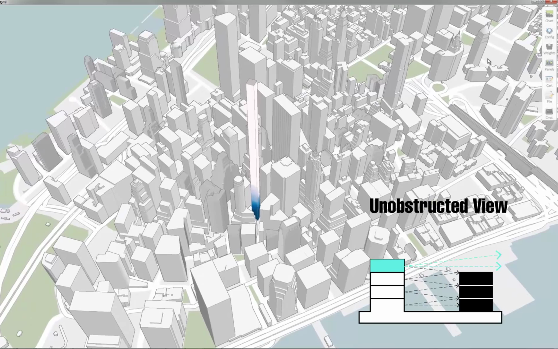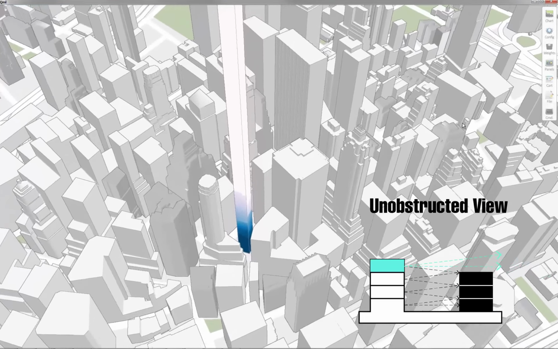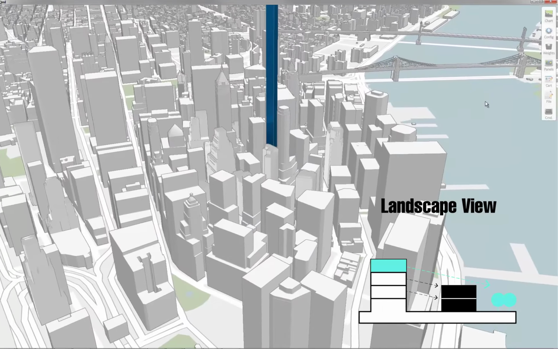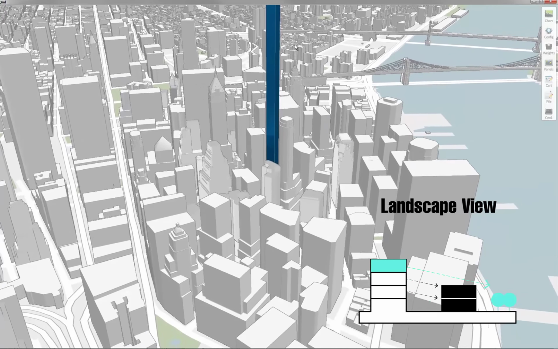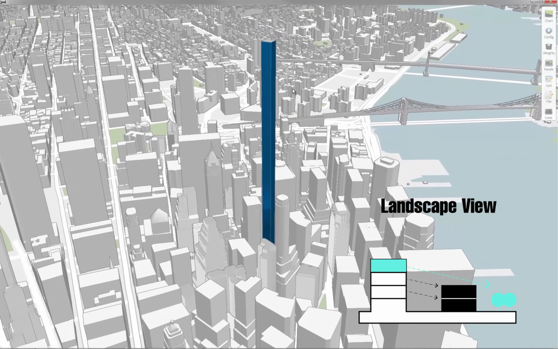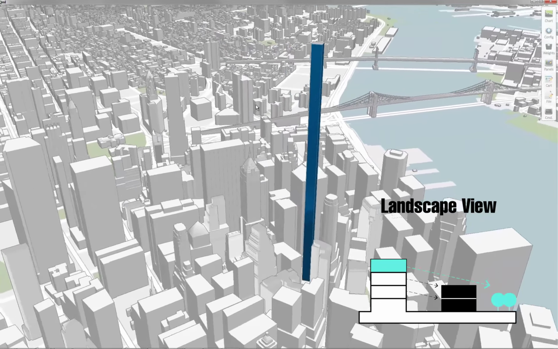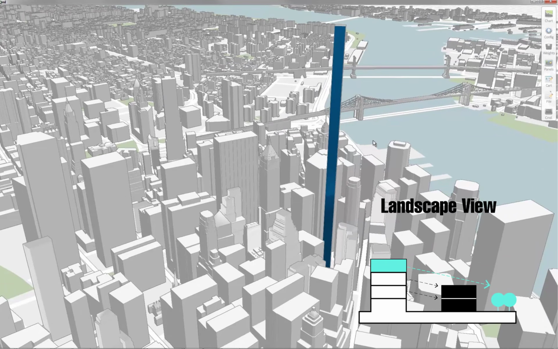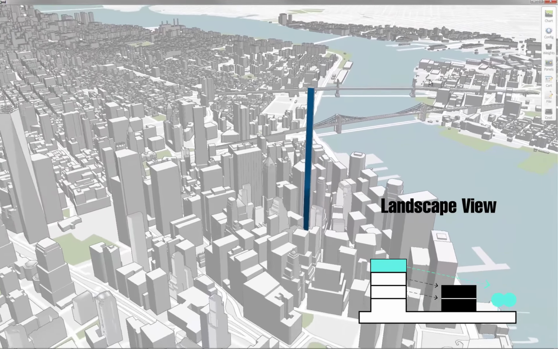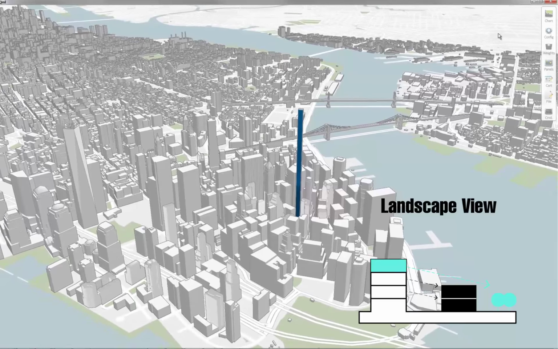Unobstructed is the average distance from a window to obstructions within a human field of view. Landscape is the view to desirable landscapes such as rivers or parks. This analysis can reveal how certain landscapes are visible or not. For example, Battery Park, which intuitively might be assumed to be visible based on its proximity to the selected site,